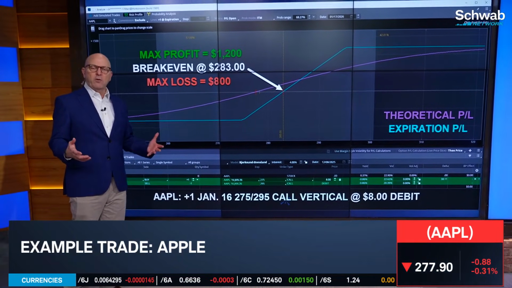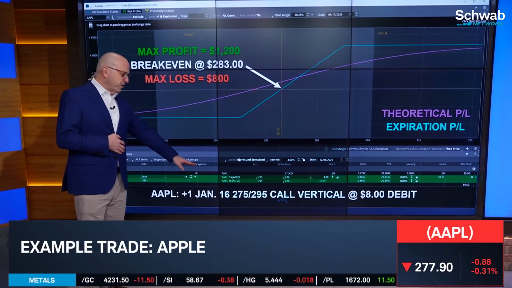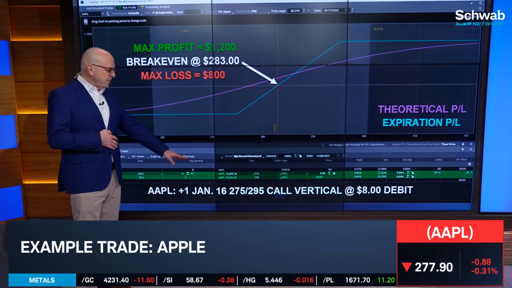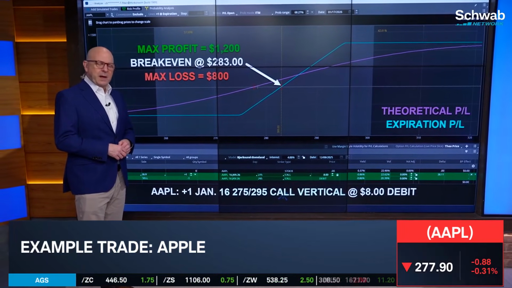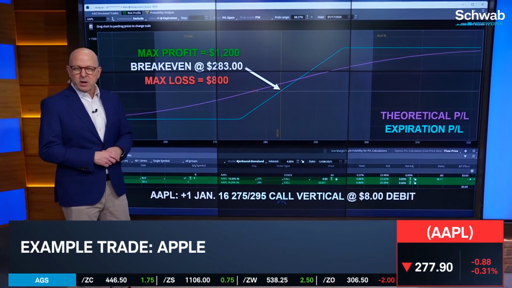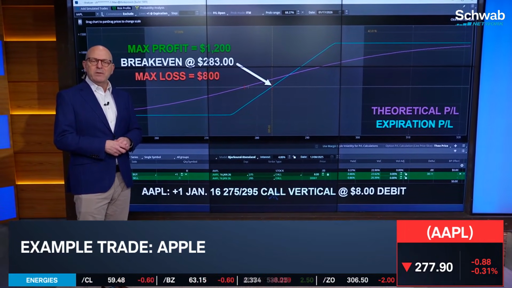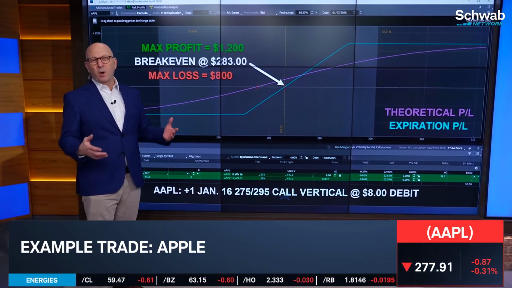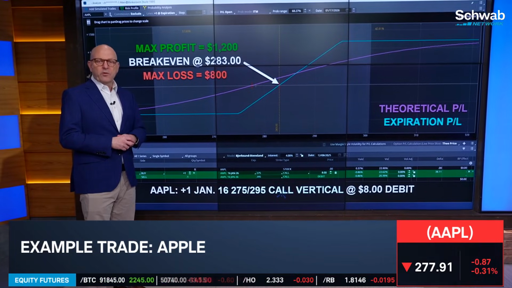We're going to buy a call vertical where it can offset some of the risk or costs on this bullish position. We're going to buy the 275 strike call. That's slightly in the money by about $3. That's the bullish portion of this trade. And then against it, to offset some of the risks, we're going to sell the 295 strike call. So a bullish $20 wide call vertical here. You're going to pay roughly an $8 debit if the stock opens up just below 278. If you pay that $8 debit, there's your risk, $800 per spread. You can make up to $1,200 on this spread if it goes above 295 at expiration over basically the next